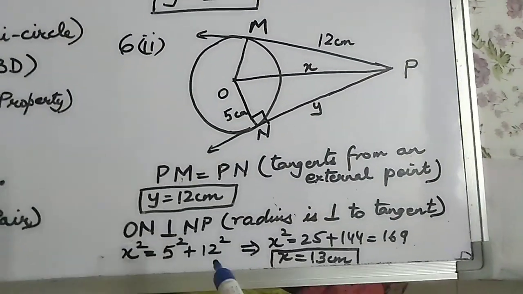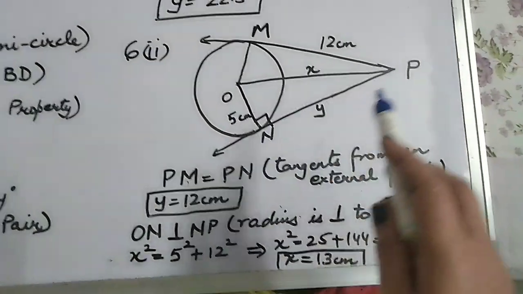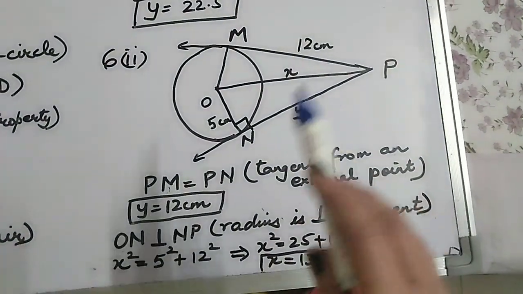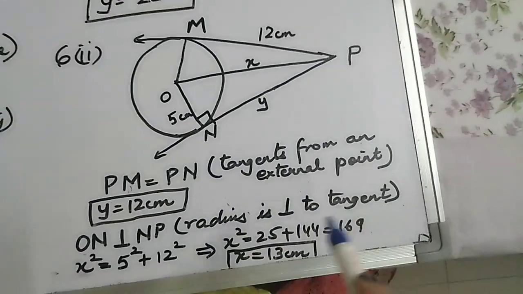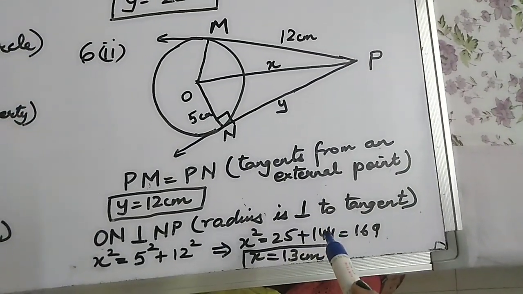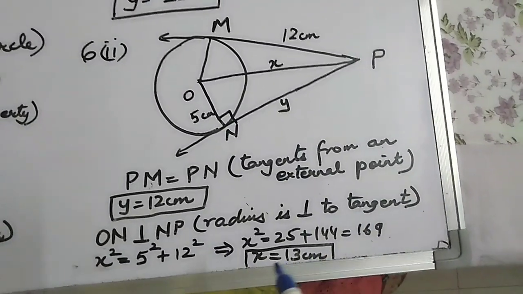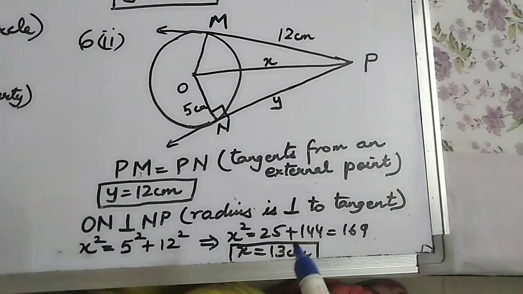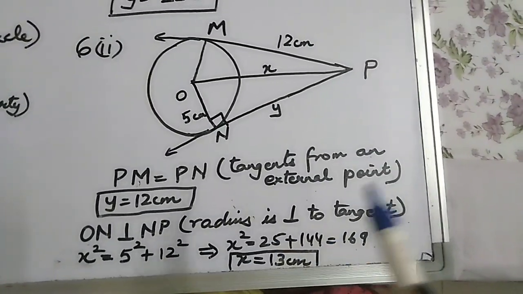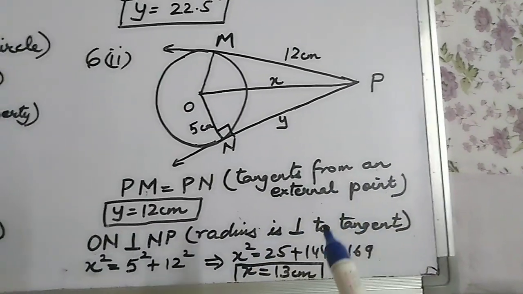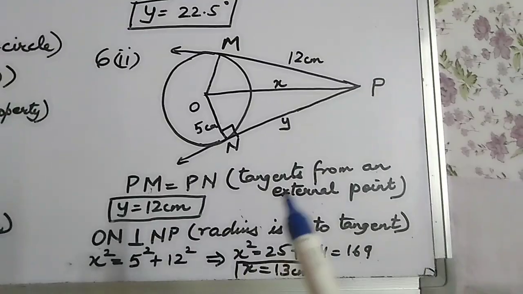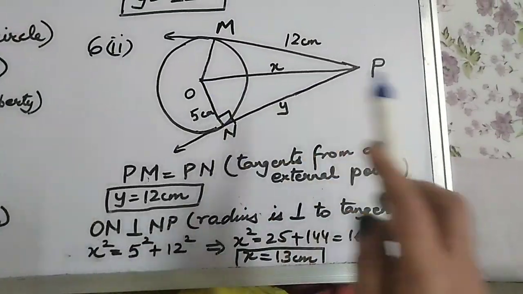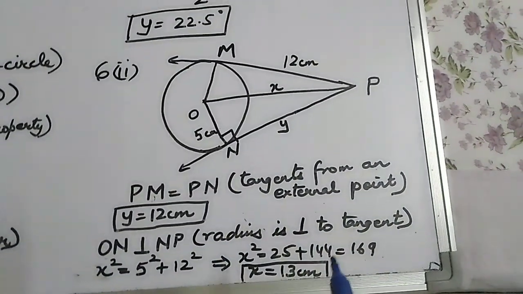You should write this down. I did not have space, so I have not written it. But mention that because of Pythagoras theorem, x square is equal to 5 square plus y square. So y is 12, so 12 square. So x square will come out to be 5 square is 25, plus 12 square is 144, that is 169, and the square root of 169 is plus minus 13. Again I am saying plus minus 13 because children forget this. Plus 13 into plus 13 is plus 169, and minus 13 into minus 13 is also plus 169. So we call it plus minus, but for distances we'll only say plus 13 because this length cannot be negative. So x is 13 centimeter.